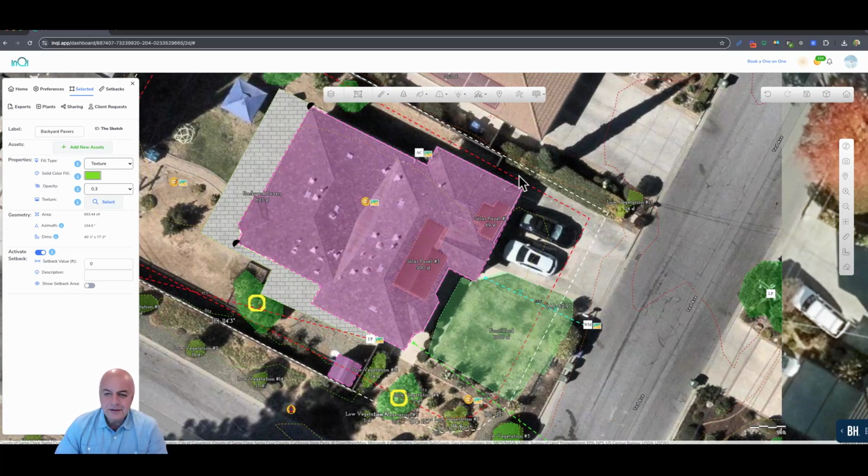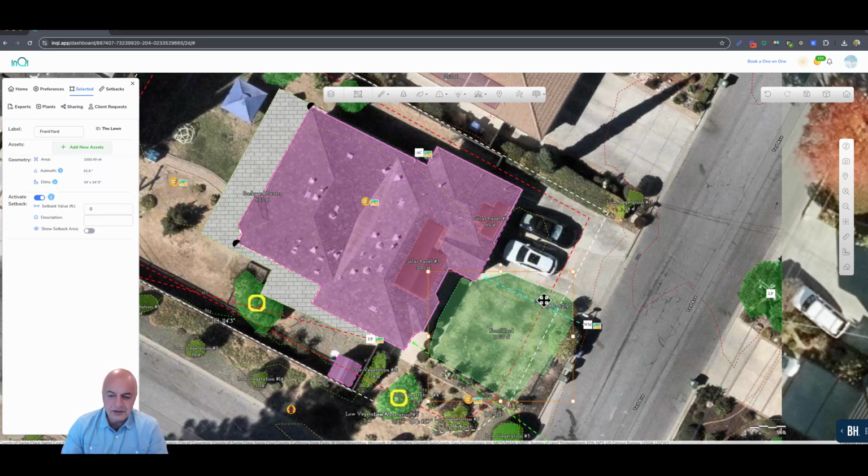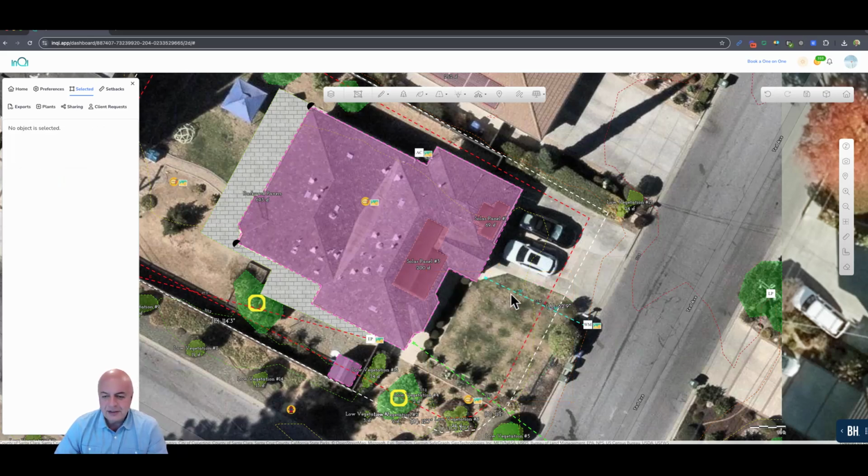Let me say for the front, we want to take this area and turn that into something else, right? Let's just, for purposes, delete the area. We're going to expand this area. A lot of our clients like to expand their driveway. I'm going to expand this area and then create a walkway in here, and that's going to be pavers. So we'll do the same thing. We go to sketch, sketch a polygon from here to here to here, and you simply draw what you like